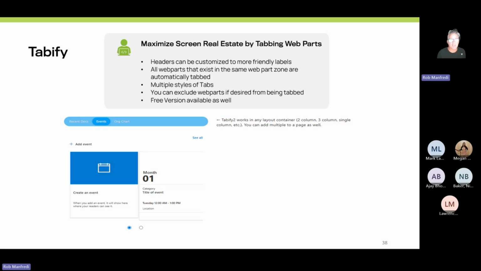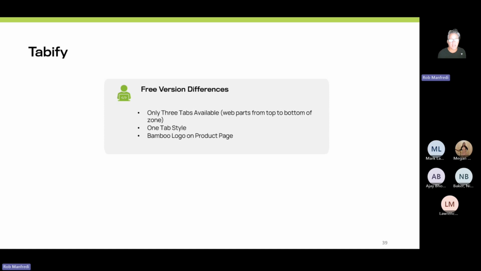So you can customize the tab names to be whatever you want. All the web parts that exist in a web part zone are automatically tabbed together. We've got a bunch of different styles of tabs that you'll see. And we also have a free version of the product. The free version only allows you to have 3 tabs, instead of up to 20 in the paid version. There are, I think, 8 different tab styles, but the free version has 1 tab style, and then